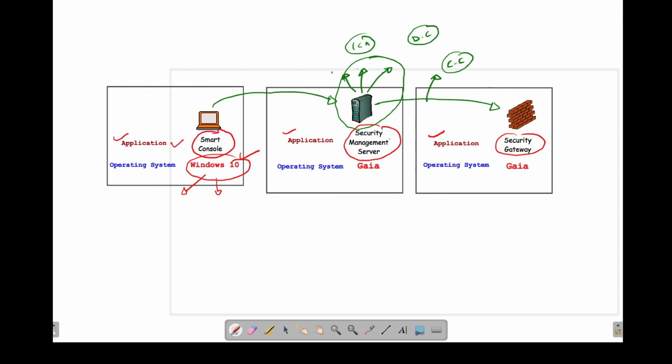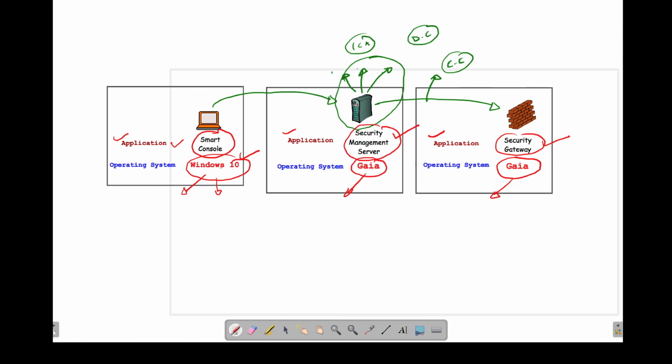Similarly, to run the Security Management Server application and Security Gateway application on these systems, we need to have some OS. We use an OS called Gaia. Gaia is an operating system by Checkpoint. It's a proprietary operating system of Checkpoint. So we use Gaia OS in our labs.